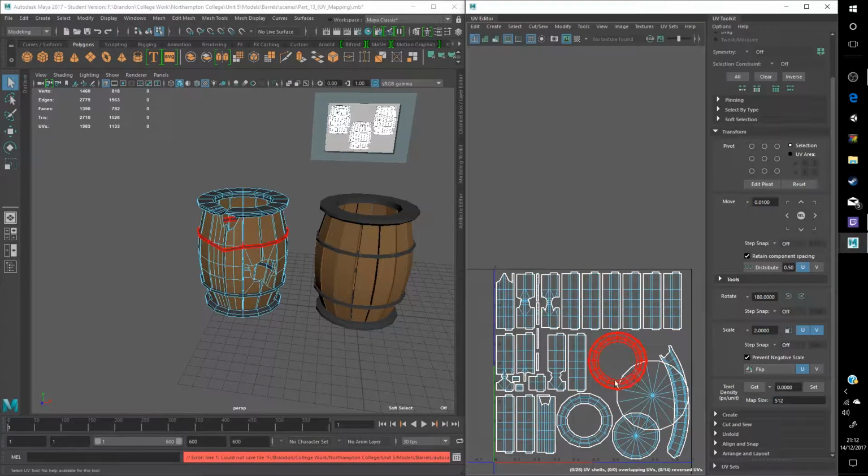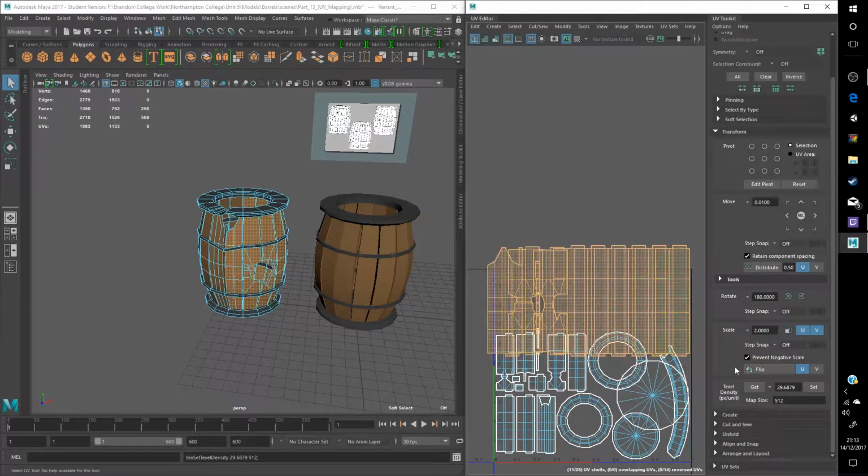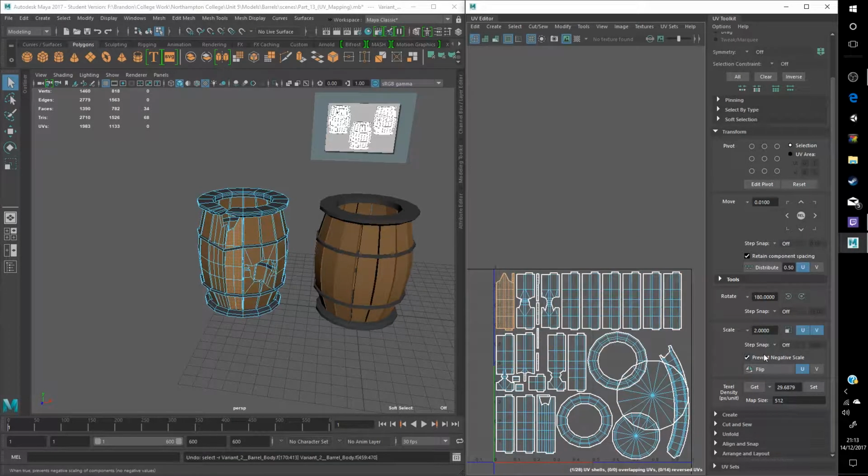So let me say that again. If we take this tool here and we press get, it will give you a value. So there you go, it has a value of 29.6, etc. If we wanted the rest of these UV shells to be the same texel density as this one here, we click on the one that we want, press get, it receives our value, and then select the ones that we want to also match the texel density of, and then press set. And as you can see, it will adjust the texel density to match the value that you've already predetermined. So if I just reset that back,